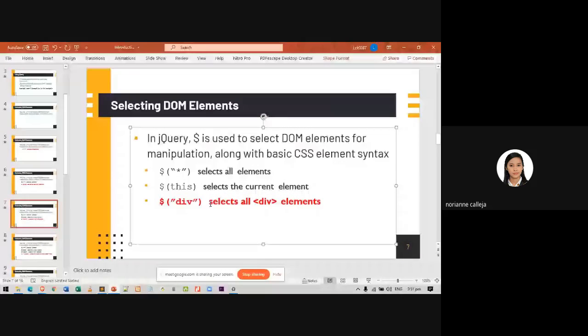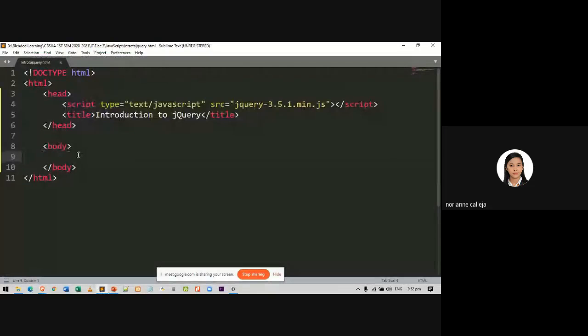It selects all the defined elements. For example, we have here a div element or div tag, so we use div. If you are going to select a span tag or a span element, you will use span here.